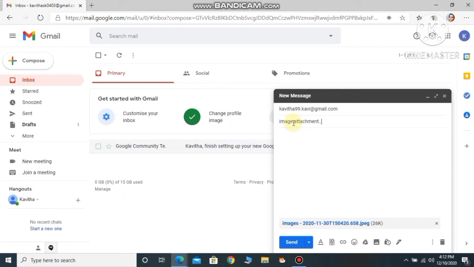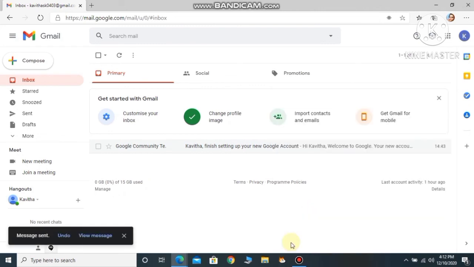After typing like this, to send the message, you have to click on the send button. That's all. Okay, children, this is how you'll send an attachment from one person to another person.